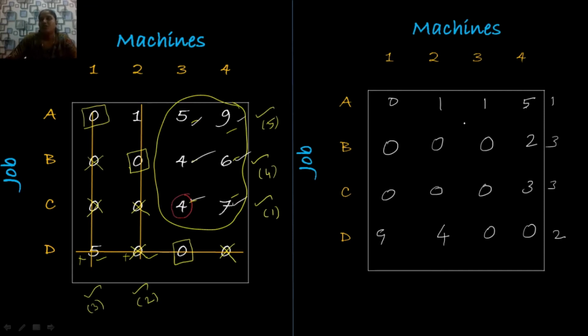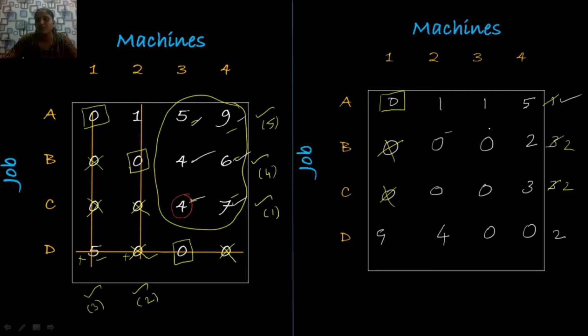Now, I am going to make an assignment for the first row since it has only 1 zero, and cross the remaining zero elements in the same column and row. Column wise it has 2 zeros, but row wise it doesn't have any zeros. So let me move on to the next assignment. Here also 2 zeros. So now the second, third and last rows have 2 zeros. I am going to prefer the second row first.